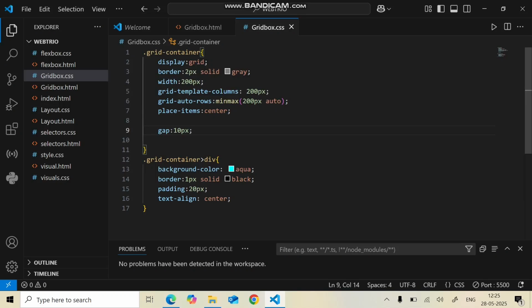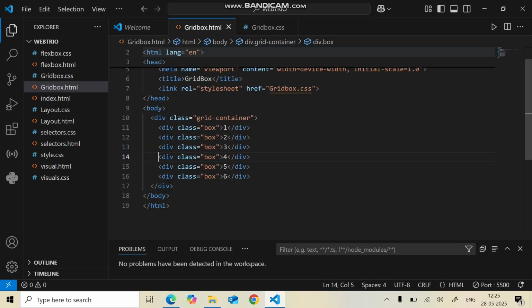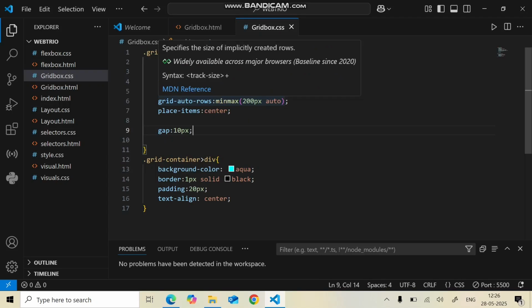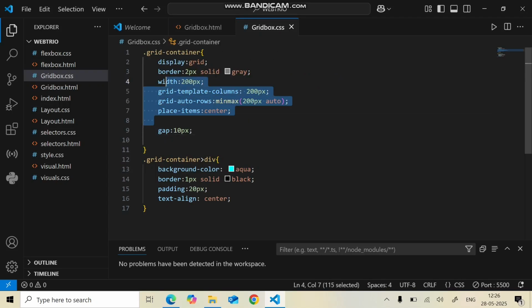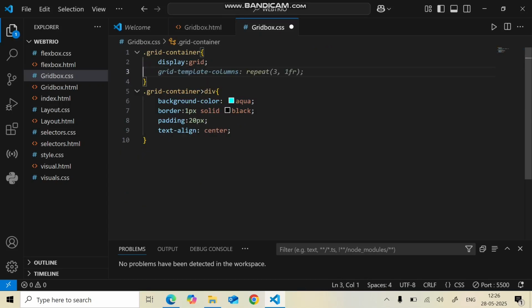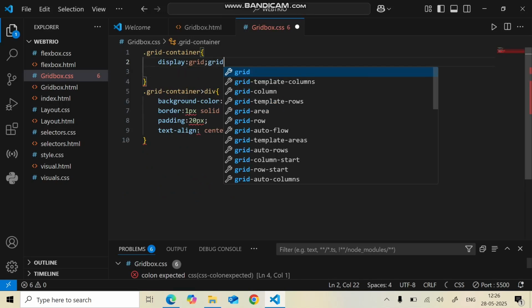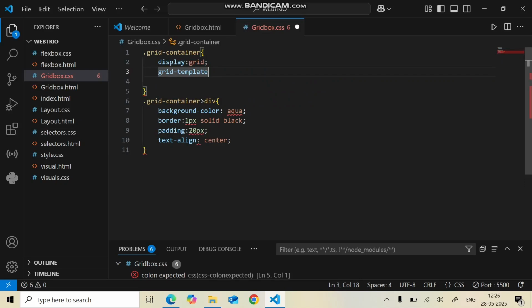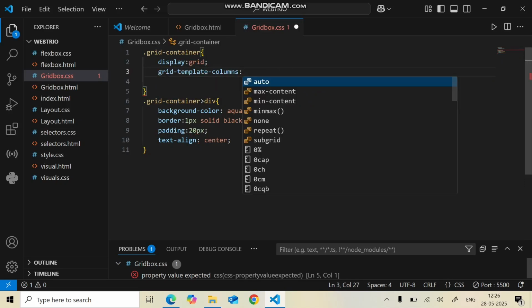Okay, here we have created six boxes and now we are styling each and every box. Let's comment out all these properties except display. Here I'm adding grid-template-columns, which is of start,